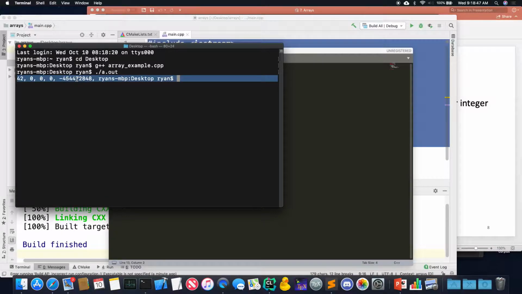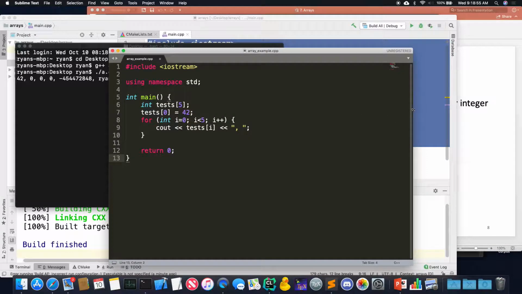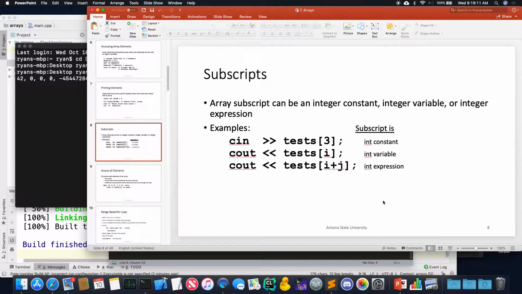And we get the same weird error here, and I want to figure out why that is. But we do print the 5 integers that are there. Any questions on why this works? So if I change this to 100, I have to update this in 2 places, but I can extend this as far as I like. So I don't have to do that cumbersome cout expression.